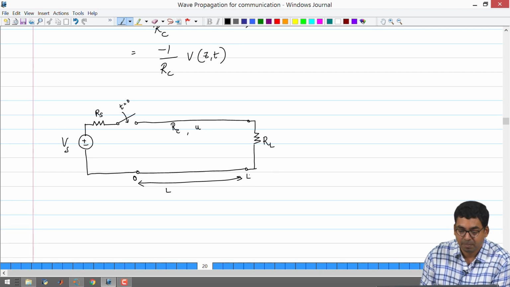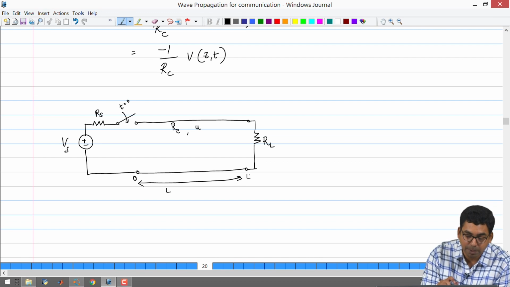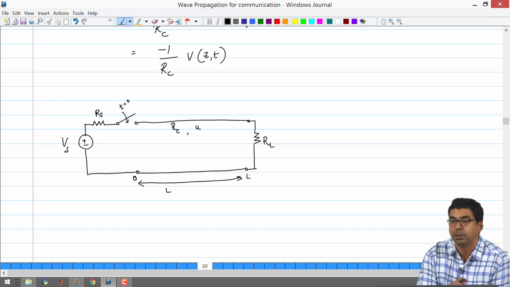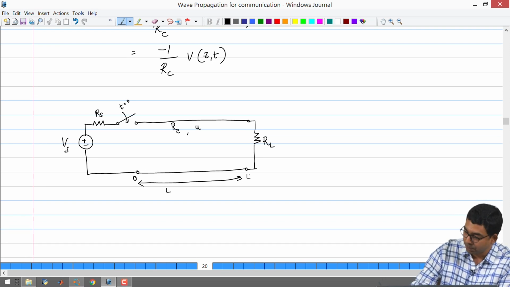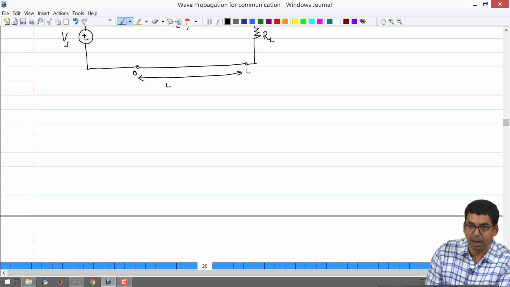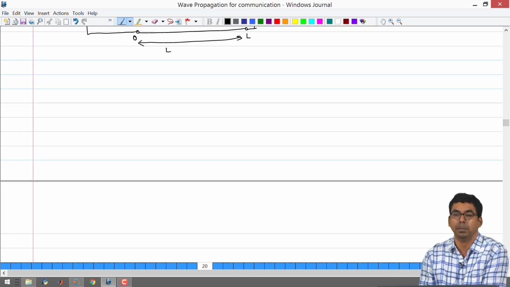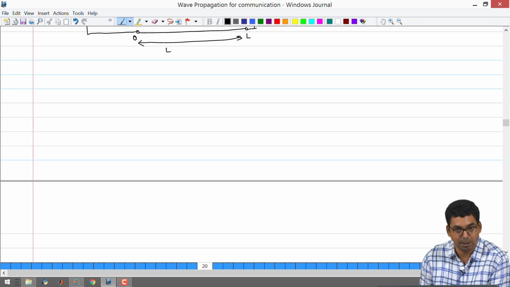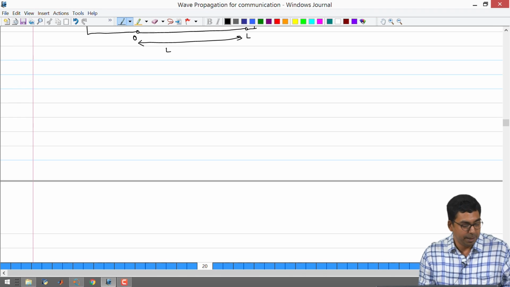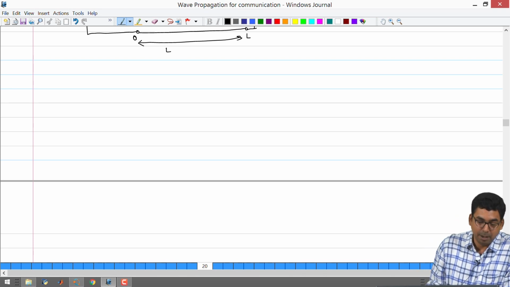Okay. So, here what we are going to do is we are going to close the switch at t equal to 0, and then at steady state we are going to try and calculate the value of the voltage in your transmission line. So, the equivalent circuit of your transmission line in steady state DC will be really simple. Your capacitor will get open circuited, your inductor will get short circuited, correct. So, it is going to be easy to imagine what will happen in DC.